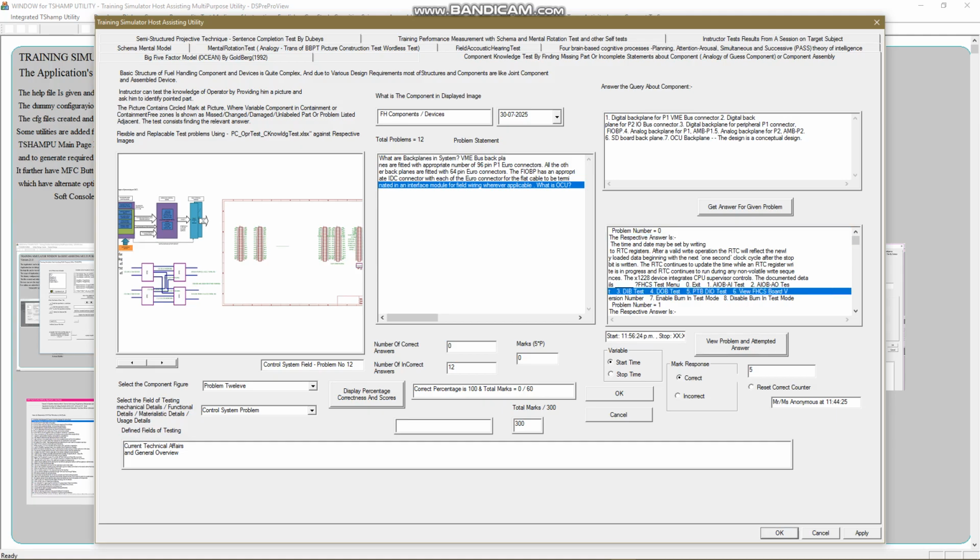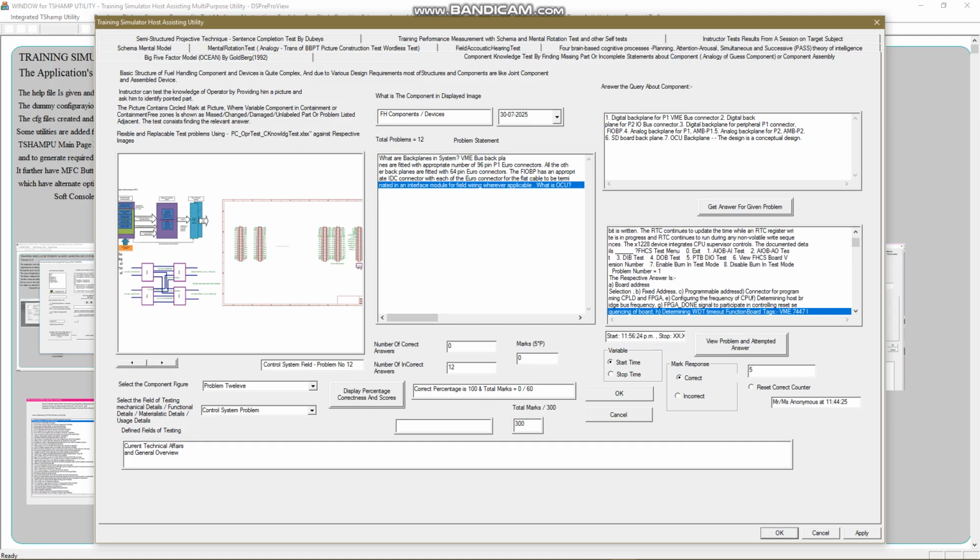So these were all 12 problems from the control system boards, most of which are used most, meaning the most basic questions about the control system.